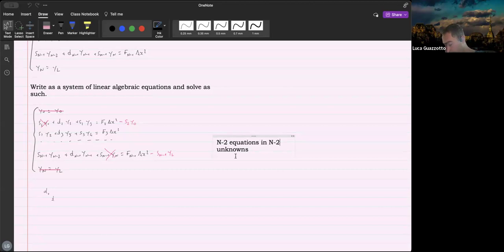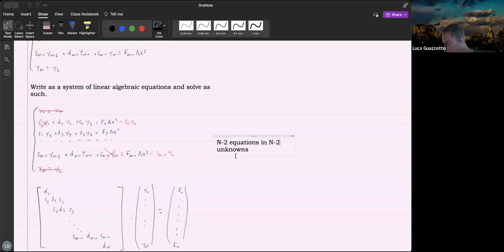Then I'm going to have D2, S2, and then S2, D3, S3, S3, and so on down to Dn minus 1, Sn minus 1, Sn minus 1, and then Dn, times a vector y, which is y1 through yn, equal to f1 through fn,